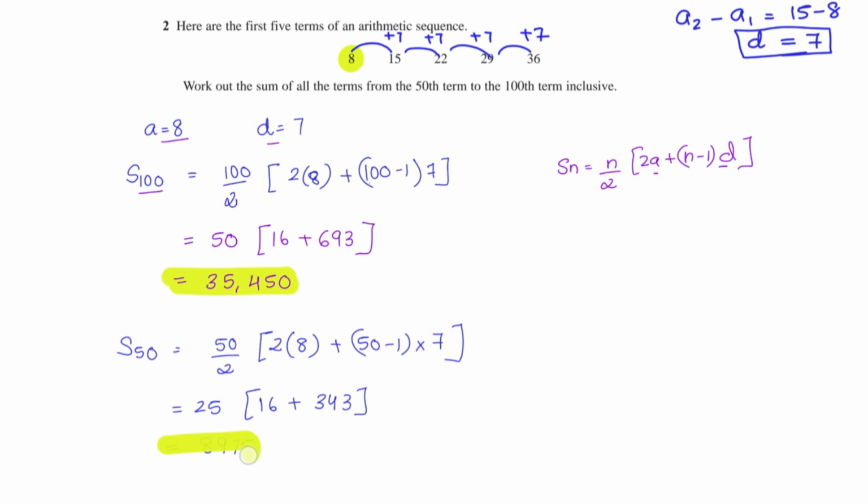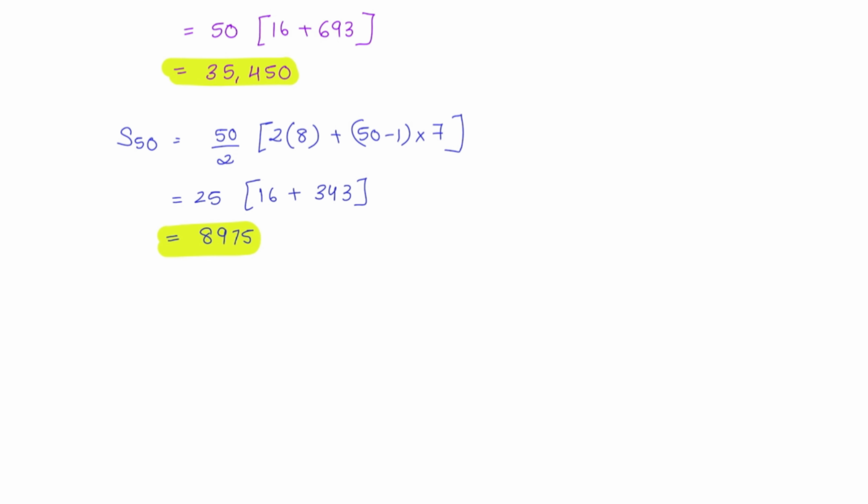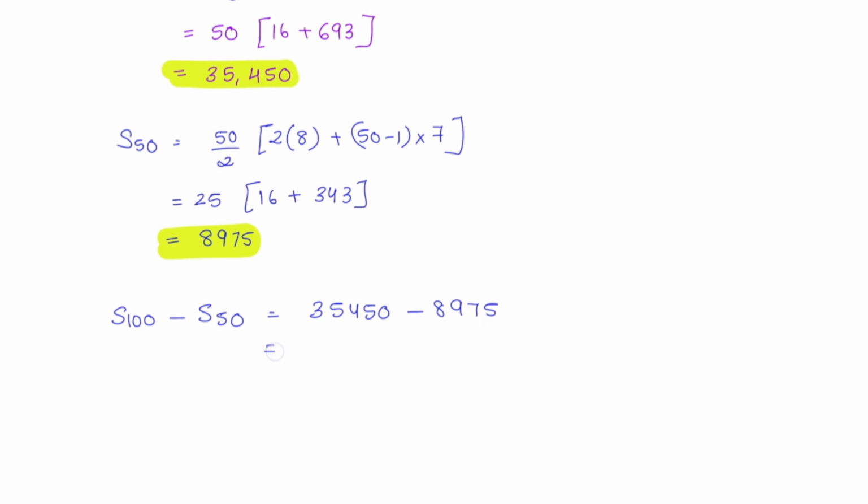Okay, now they have asked us the sum of all the terms from 50 to 100. So what I'm going to do is subtract S100 minus S50. So I will get 3540 minus 8975. On subtracting this, the difference between the two numbers is